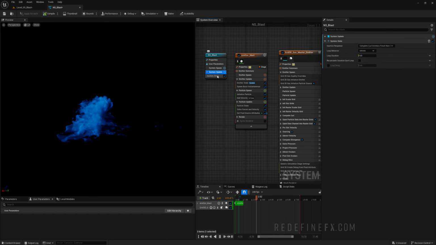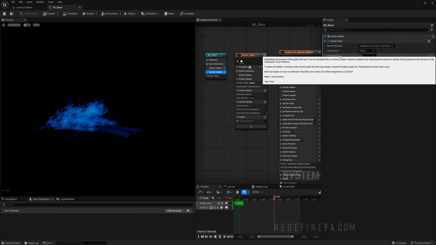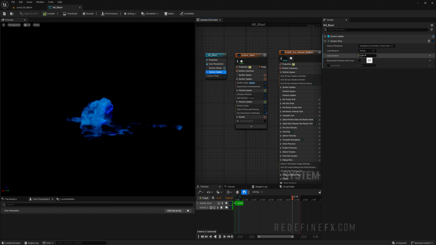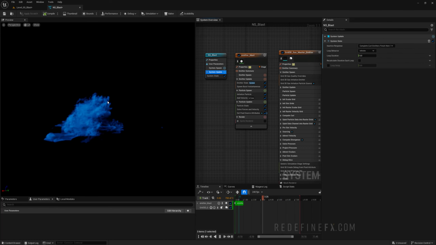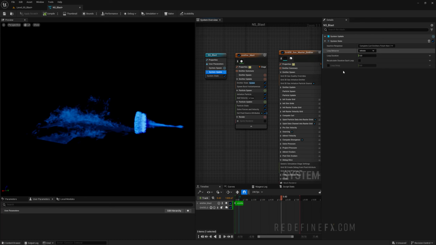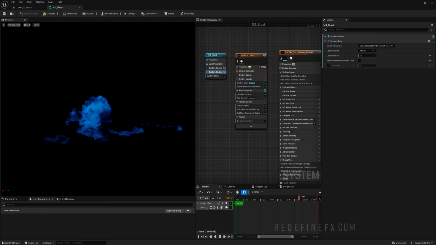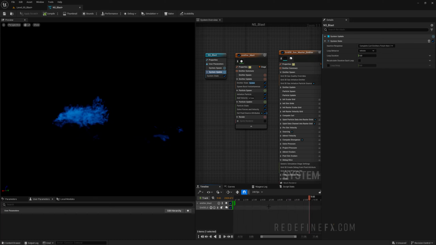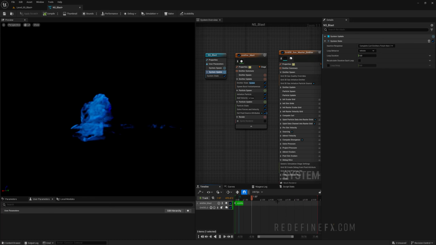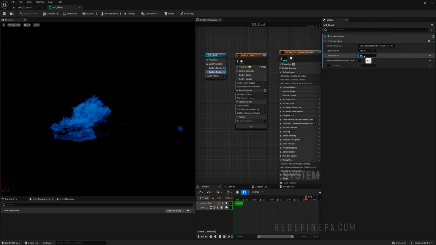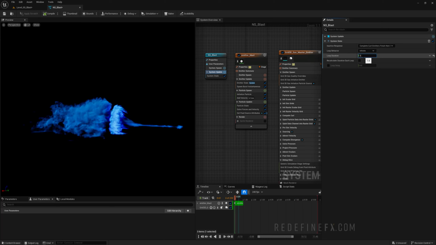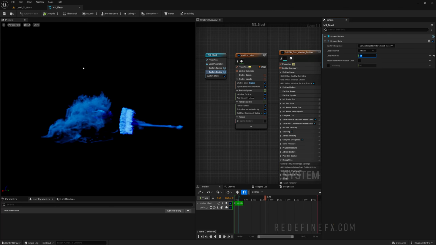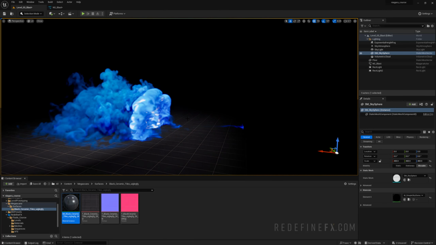If you go to System Update, you can see that the loop duration here is set to 5 and it's set to infinite. So it will shoot out one new shockwave every 5 seconds infinitely. If I just extend my timeline, it's going to keep happening forever. And you can see that every time it hits 5 seconds over here, the loop restarts and a new shockwave appears, right? So I can just set this to maybe 1.5 and I'll just keep getting one after another, which